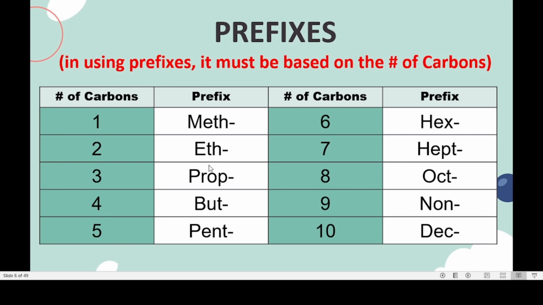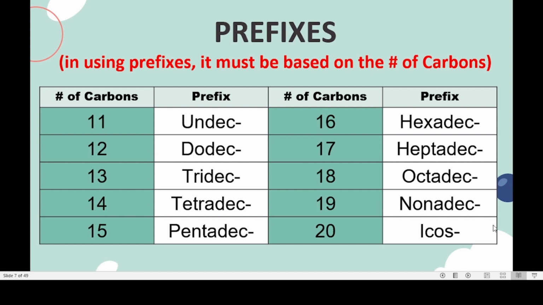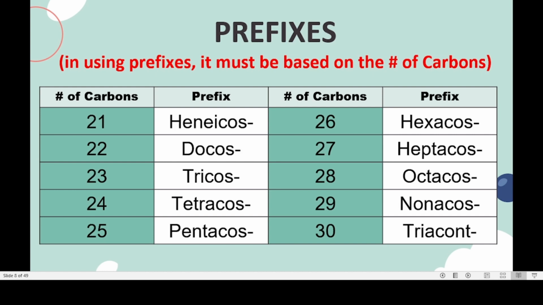Three is prop, four is but, five is pent from penta meaning five, six is hex from hexa, seven is hept, eight is oct, nine is non, 10 is dec, 11 is undec, 12 is dodec, 13 is tridec, 14 is tetradec, 15 is pentadec, 16 is hexadec, 17 is heptadec, 18 is octadec, 19 is nonadec, 20 is icos, 21 is